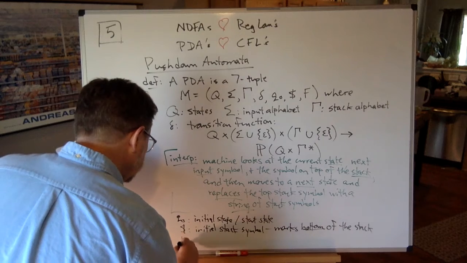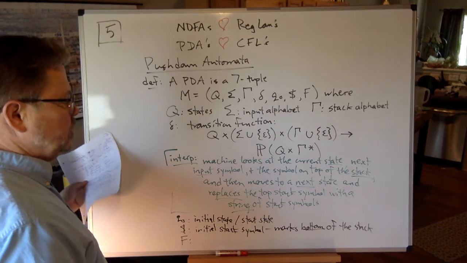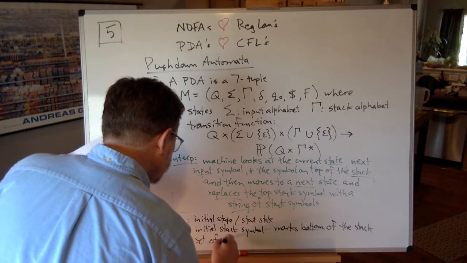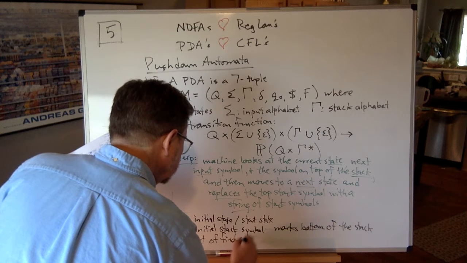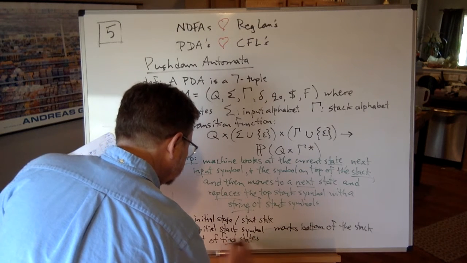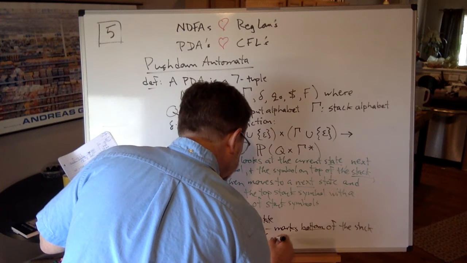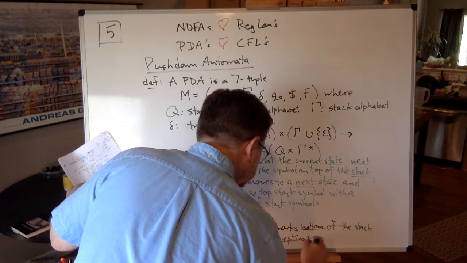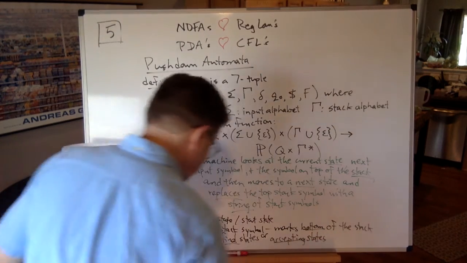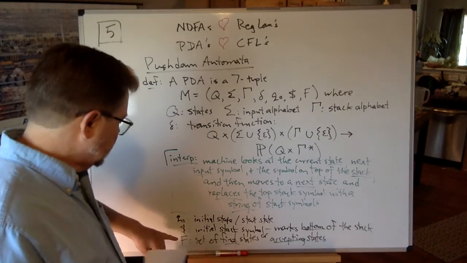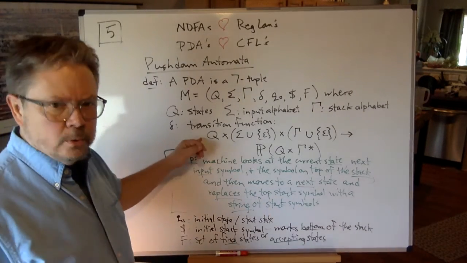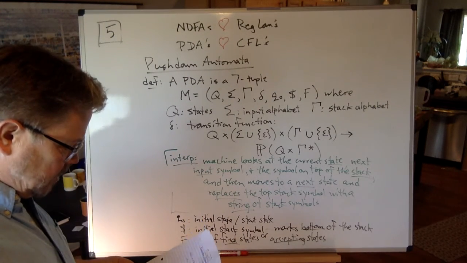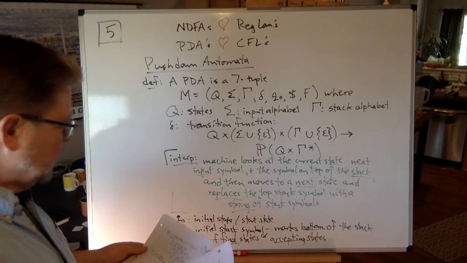And one left. F is not a single state in general. That's a set of final states. If we get to any one of those, we're in good shape. Set of final states, also known as accepting states. If we get there, we accept the string. And maybe it goes without saying, but I'll say it anyway. Of course, F is a subset of Q. Q has all the states in it, the initial state, the final states, all that stuff, and everything else we might go to. And that filled out the entire board.